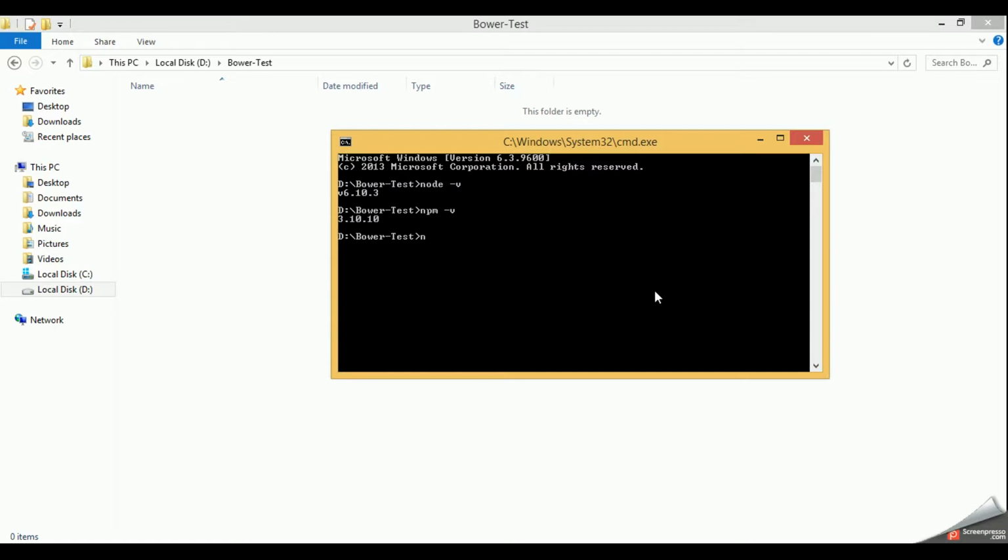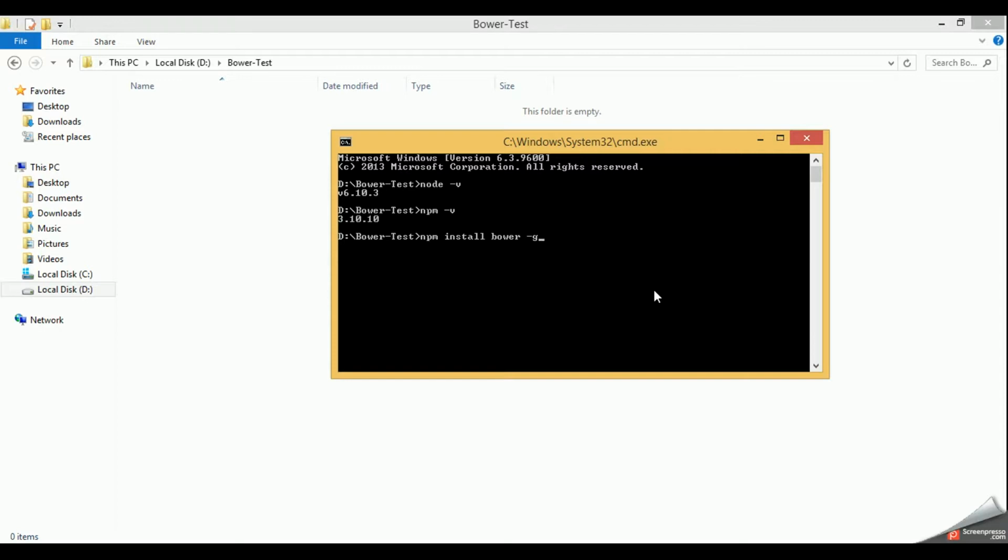Now in the previous video I already spoke about how, while installing any packages using NPM, we can either install those packages only within the root folder or we can install them in global scope. If I do npm install bower, it will install the Bower package within this bower-test folder, and this Bower will be accessible within this folder only. But if I do npm install -g, it will install the Bower package globally. So from any directory, from any folder within this machine, I will be able to access Bower via command prompt or command line.